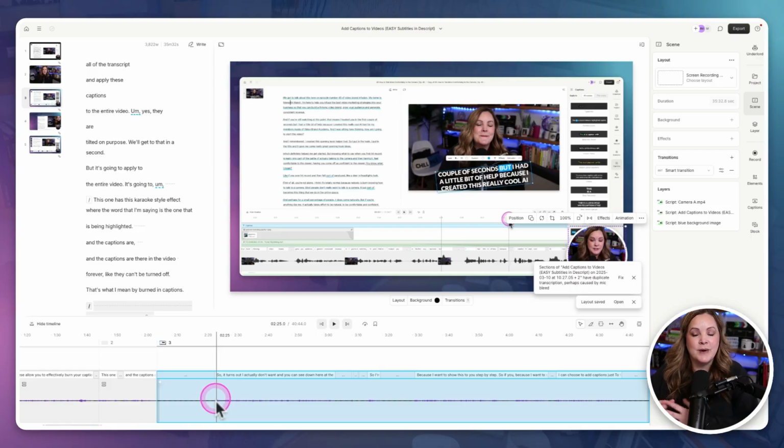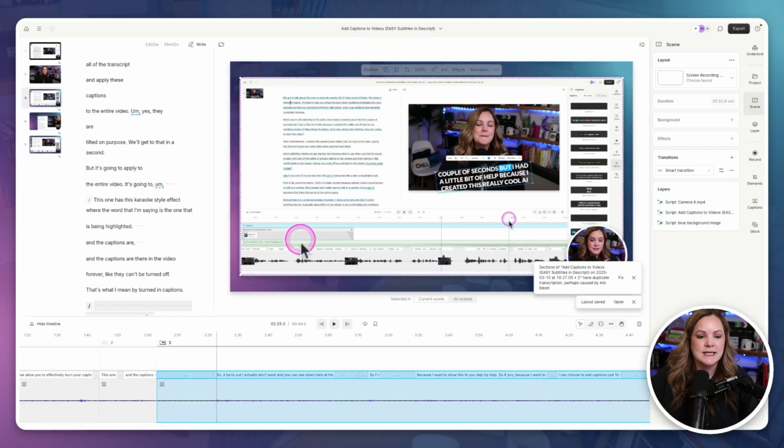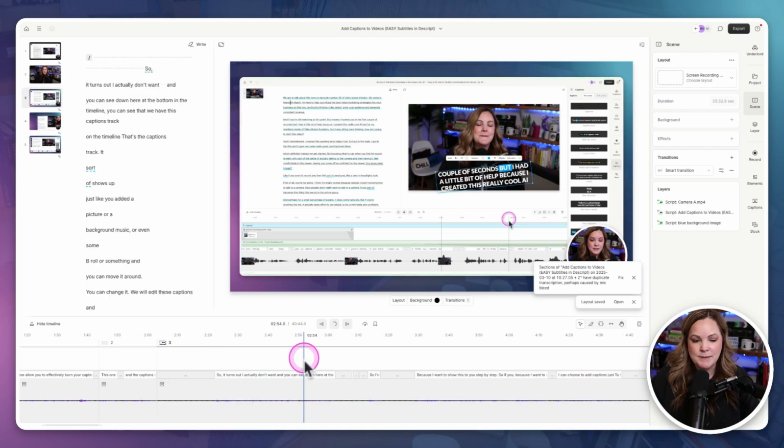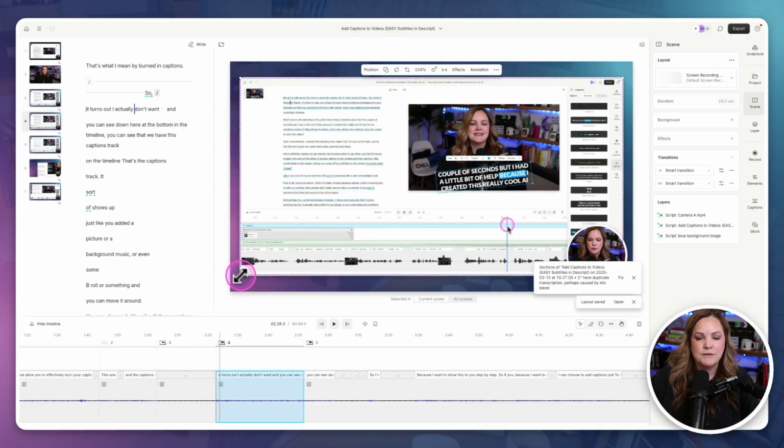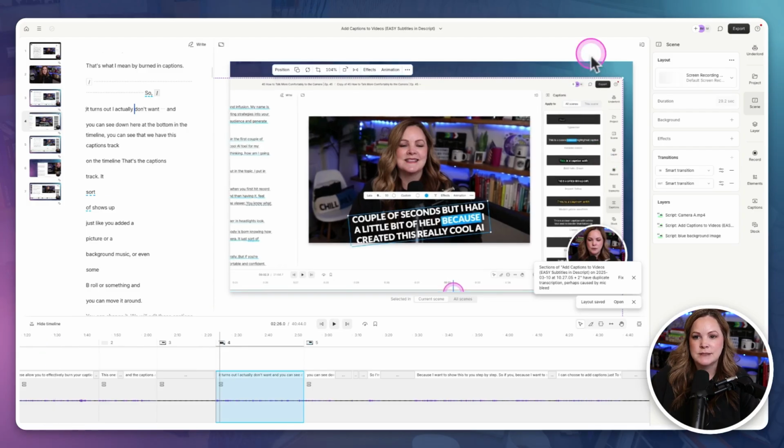From here, the way that I edit my screen recordings is in the places where I need to zoom in to show a little bit more detail on something. That is where I add scenes once I have my rough cut and I have removed all of the silences and everything. Then I add my scenes and I break everything up so that if I am trying to point out something specific on the screen,